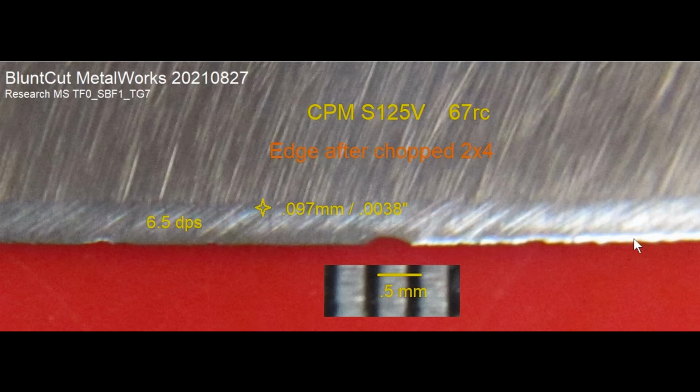Interestingly, if you look at this edge here, it is rolled one way, and this one bends and deflects the other way. In other words, one deflects one way, the other deflects the other way, which creates an inflection point. And that inflection point is a stretching part. And so they tear a chunk out of it right here. So